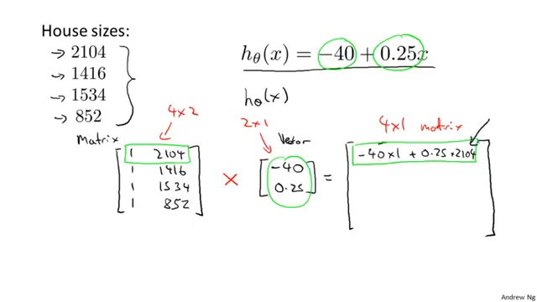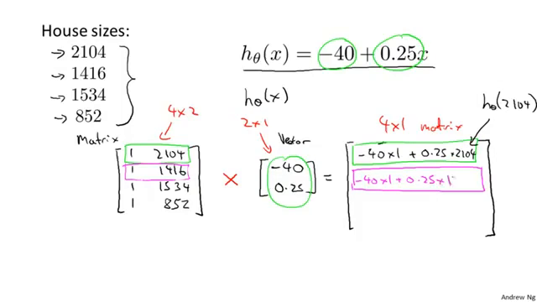And this first element, of course, is h applied to 2104. So it's really the predicted price of my first house. Well, how about the second element? Hope you can see where I'm going. To get the second element, I'm going to take this and multiply it by my vector, and so that's going to be minus 40 times 1 plus 0.25 times 1416, and so this is going to be h of 1416,